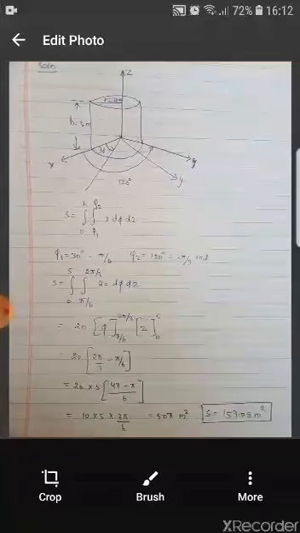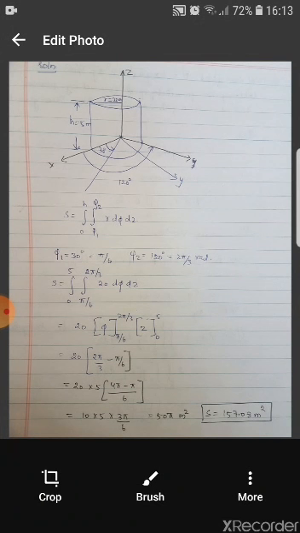And next, using the cylindrical coordinate, you have to find the area of the curved surface of a right circular cylinder whose radius is 20 meter, height is 5 meter, and phi ranges between 30 to 120 degree. So first of all you have to find the surface. The surface formula is double integral r d phi dz. So your integral limits are 0 to h and phi 1 to phi 2. Your phi 1 is equal to 30 degree and phi 2 is equal to 120 degree.